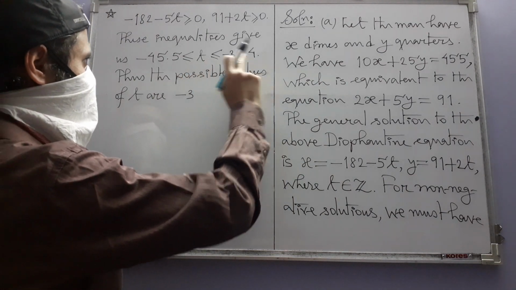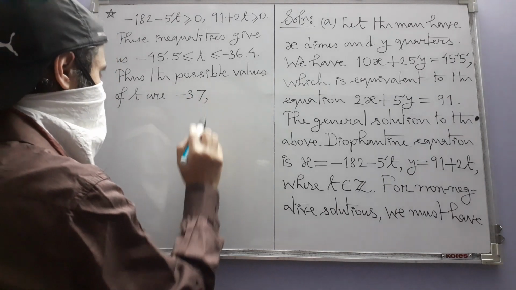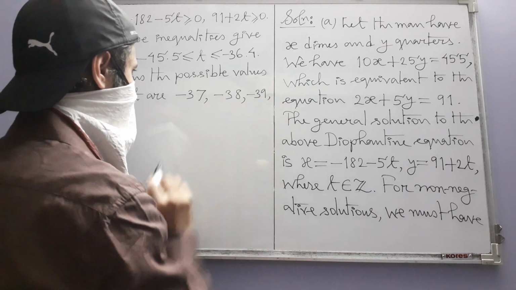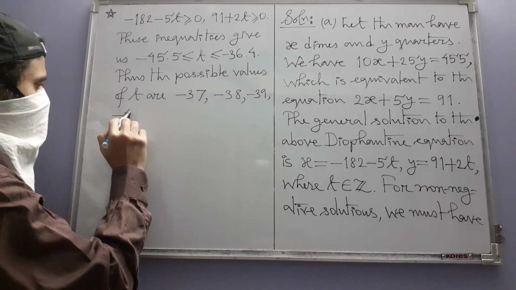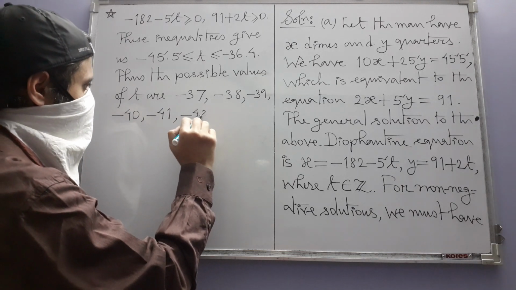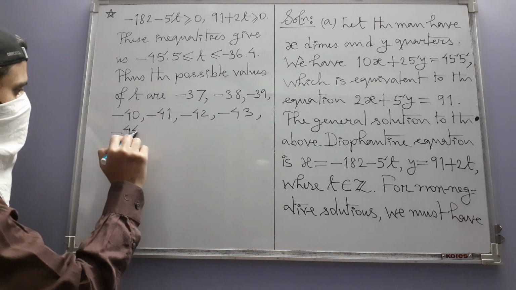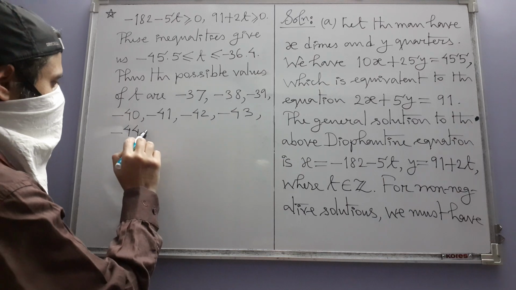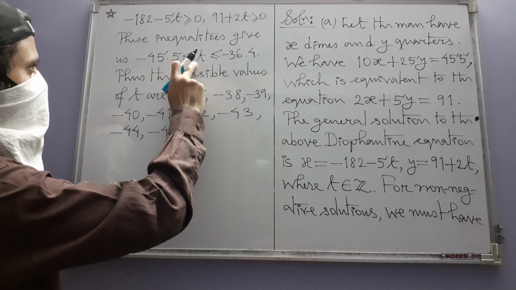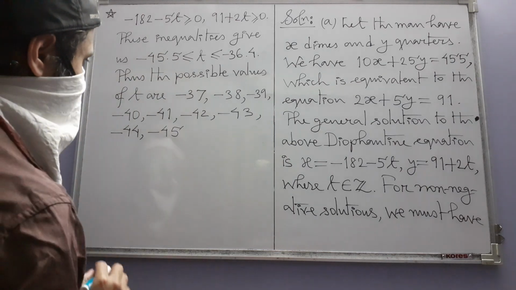So t must be strictly less than minus 36.4. So one such value is minus 37, then there are others of course. Minus 38, minus 39, minus 40, minus 41, minus 42, minus 43, minus 44, and also minus 45, but not minus 46, because minus 46 is not greater than or equal to minus 45.5, it is less than this. So these are the possible values of t,